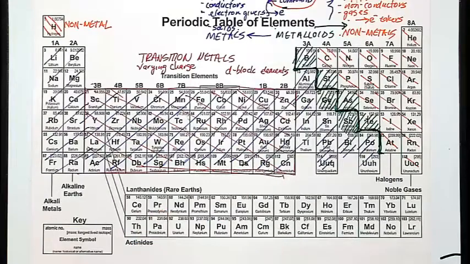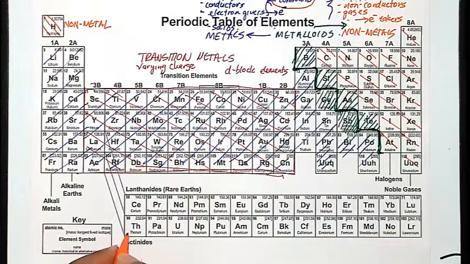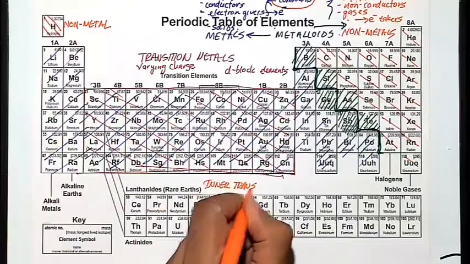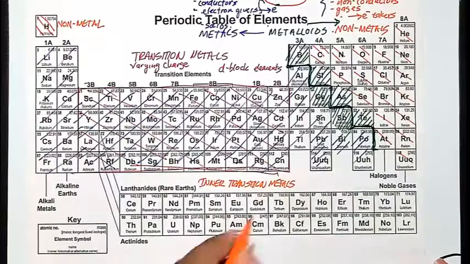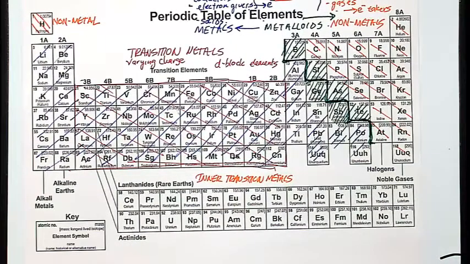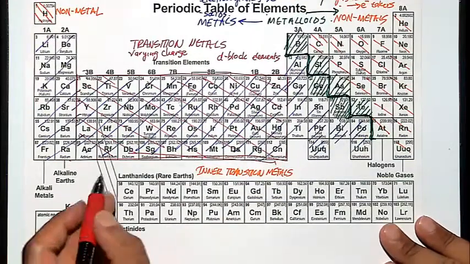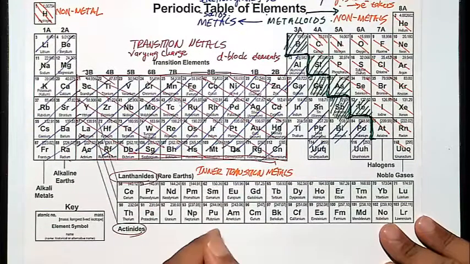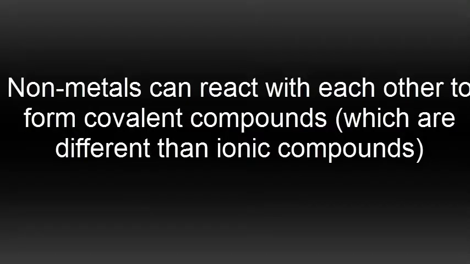So, final word here: these are the inner transition metals, the lanthanides and the actinides. I'm not going to spend a lot of time talking about them. They are known as the F block elements, just like the transition metals are the D block elements that have a D electron shell to house electrons. The inner transition elements, the lanthanides and the actinides, are known as F block elements. I just want to focus in this part of the lecture on